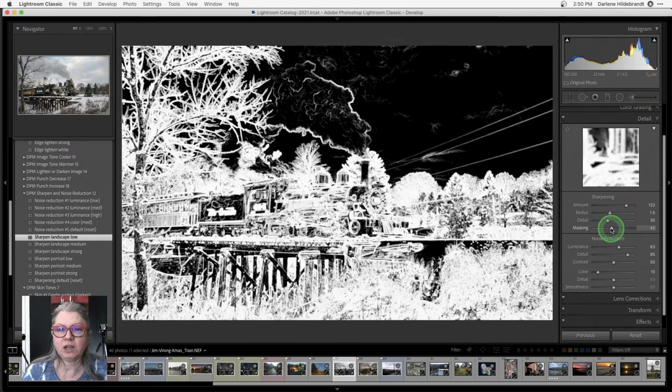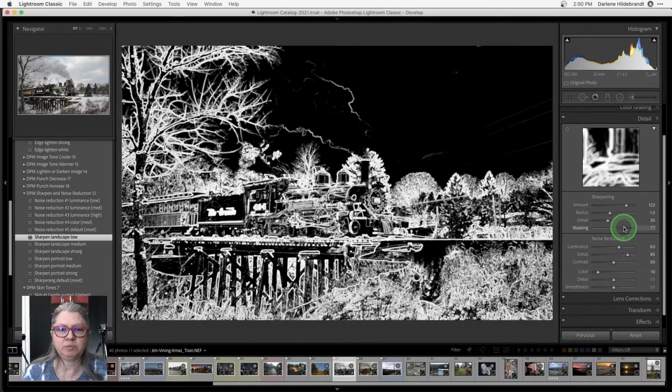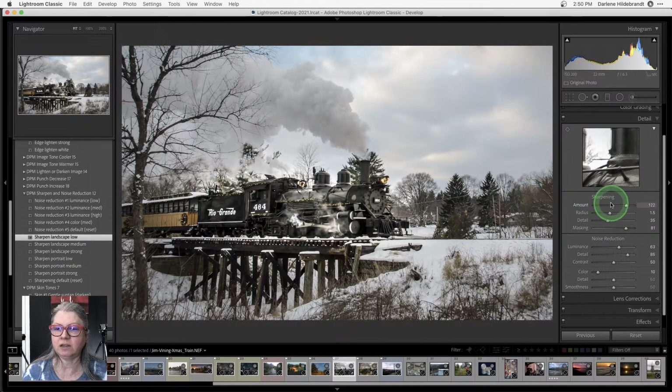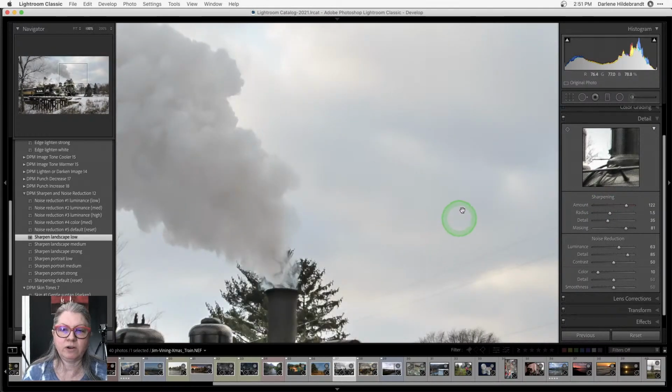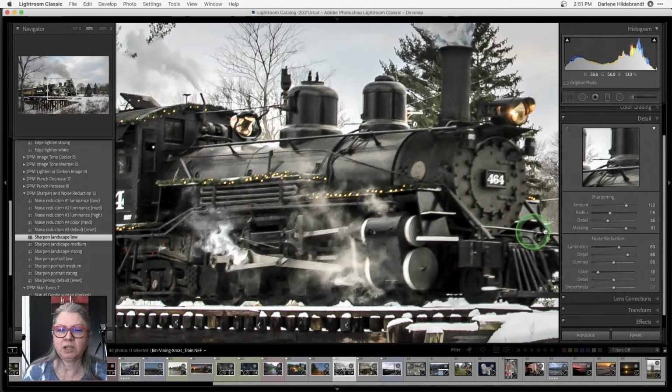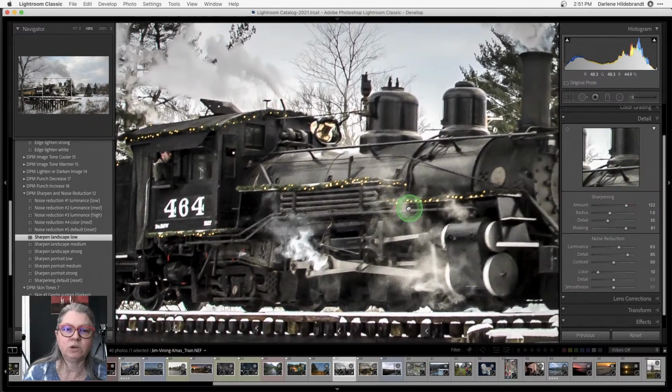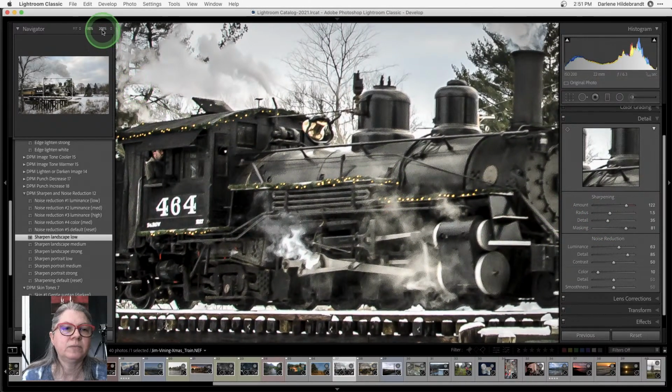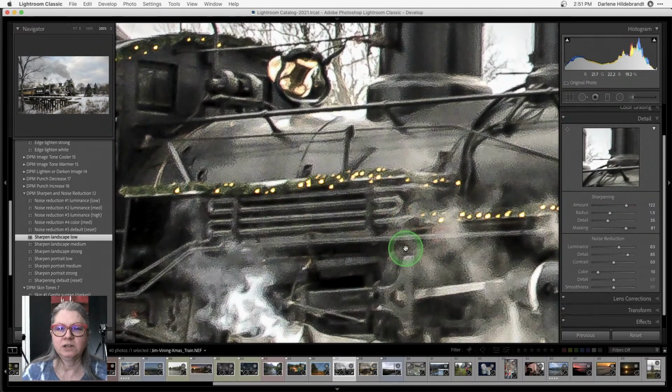But as I drag it up, you can see that now it's applying more on the trees and less on the sky. Okay, so I don't want to sharpen the sky because remember, once again, it's going to add noise in those smooth areas. So see how nice and smooth the sky is now, but over sharpening on the terrain. Okay, so what over sharpening looks like, I'll just zoom in a little bit more, is that. Okay, so we've got some artifacts, right, that's over sharpened.